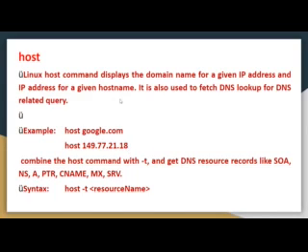Moreover, you can combine the host command with -t to get DNS resource records like SOA, NS, PTR and so on. The general syntax is host -t resource name. So host is a Linux network command that checks all the IP addresses of the given domain.